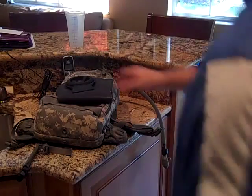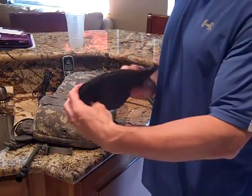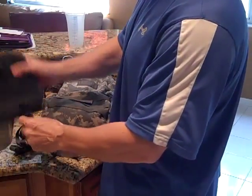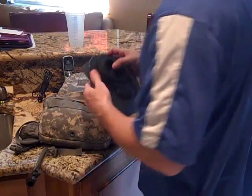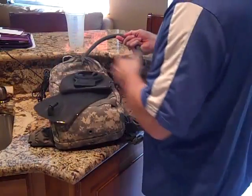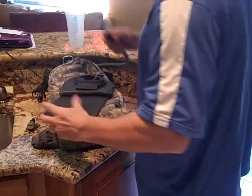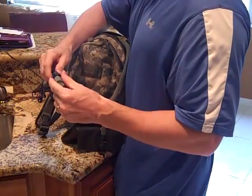Once I pull it out of the freezer, see the bladder was in the freezer, I just empty it in between runs, unclip it from the quick connect here, place it in the freezer for use next time. Okay, so today I'm going to get ready to go for another run, so I'll take my pack. Excuse me, I have the bite valve on the wrong connector. Pull that off. I'll reconnect the unit to the pack, and I'll reconnect the bite valve back to where it goes,